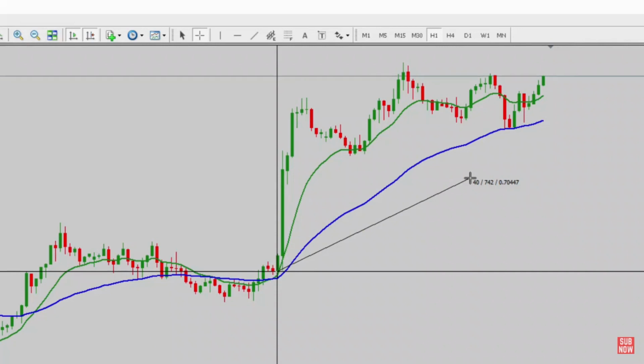Now, the middle number is what we're focused on. 742 is measured in points. Points converted to pips is divided by 10. I don't want to get crazy geeked out here, but 742 means 74.2 pips. 742 points divided by 10 is 74.2 pips. It is not